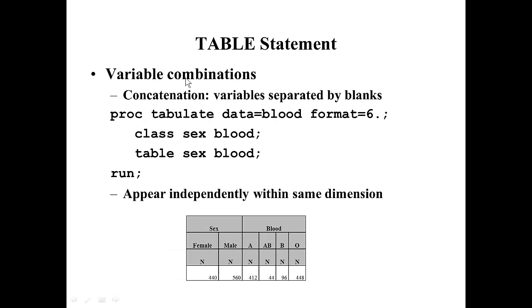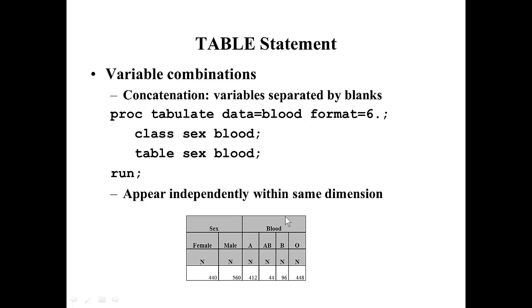Here's another example of a table statement. So here we are looking at concatenation, where we have variables separated by blanks. So again, we always need to have a class statement which tells SAS what variables are going to be used in that Proc TABULATE procedure. And then here we just have no comma at all. We just have the variables sex, space, blood. And so what we see in this table is that the 2 variables appear as separate tables within the same